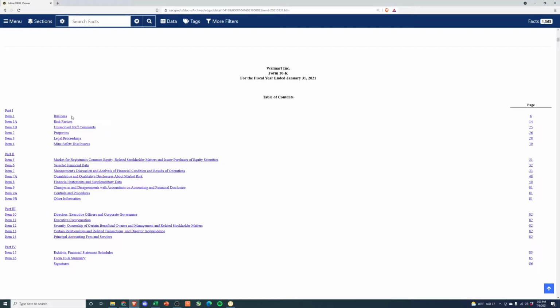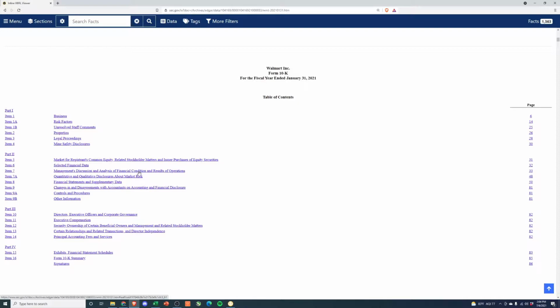Part two, if we look at this, is mostly going to cover financial information, and then the MD&A, which is the management discussion and analysis. So if you ever see MD&A abbreviated or hear someone say that, it's just the management discussion and analysis. This is one of the best areas to read a few times, to be honest. This is where management talks a lot about the most recent results of the company and